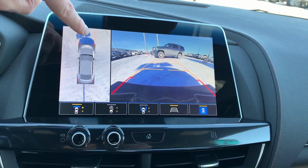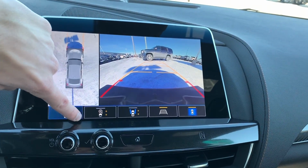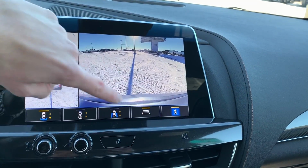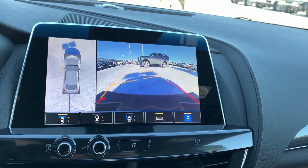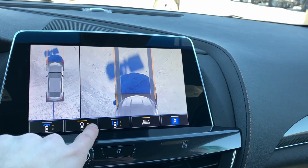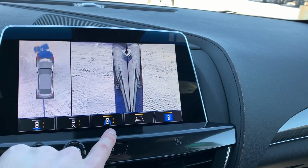Now on the split view, left-hand portion, you're going to find your 360 bird's-eye view. On the right-hand side, you're going to have your forward-facing or your rear-facing camera. You could turn on and off the trajectory lanes, which are going to guide you as you turn your wheel. That way you could predict exactly where you're going to be in the parking spot ahead. You've got the top-down view, which is really handy if you're approaching or reversing into a curb. And then you've got the